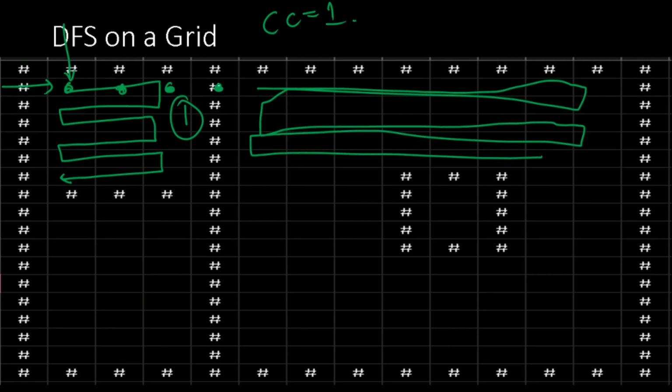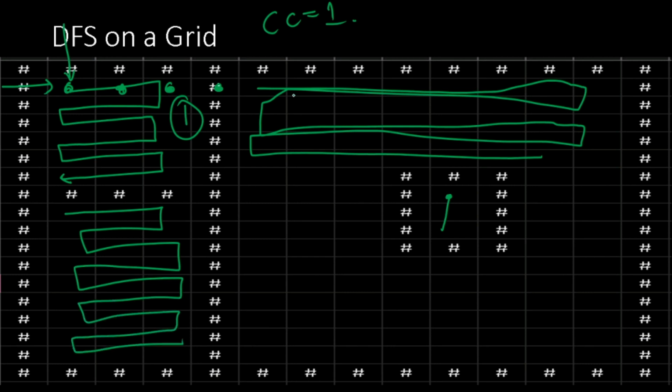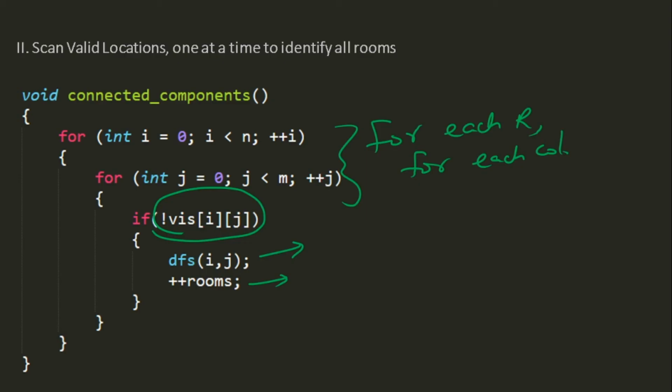So by constantly picking up unvisited locations and scanning, that is performing a DFS from that source, if this is your source, you will do a DFS from here and you'll cover all these locations. If this is your source, you'll do a DFS from here and cover all these locations. By doing this, you will map out all the connected components and you will get the number of rooms, which is 4 in this case. So that is what we were doing. For each and every unvisited location, we are trying to DFS and map out the whole room. For each location, map the room.